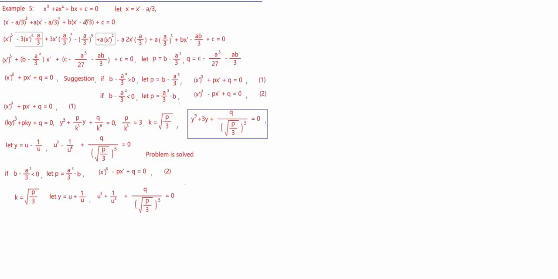In a word, for any cubic equations, you can use Weidong-Yi's method to solve the problem. This is the first section. In next lectures, we will use some other methods to solve cubic equations, and some methods are very useful and efficient.